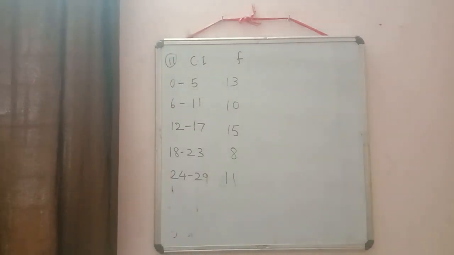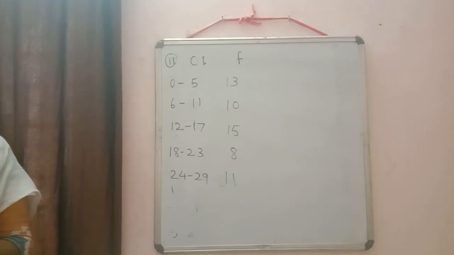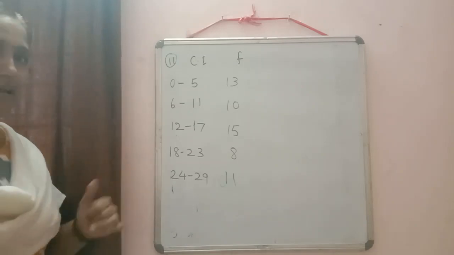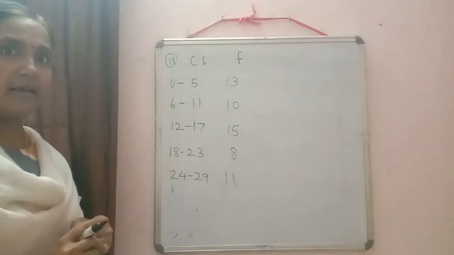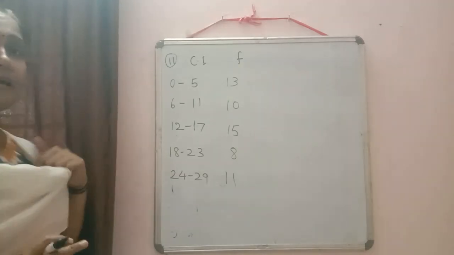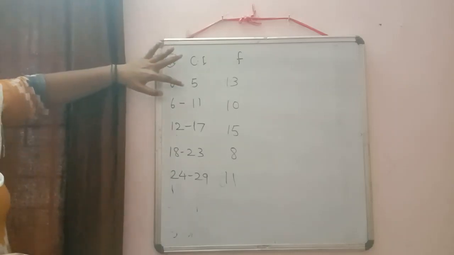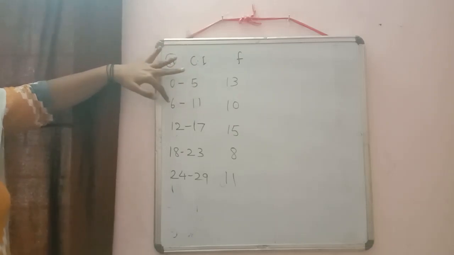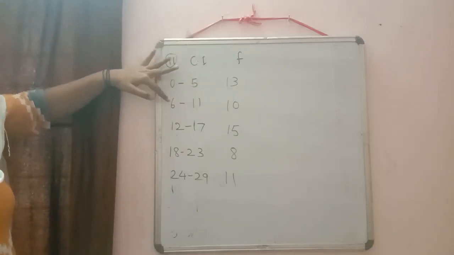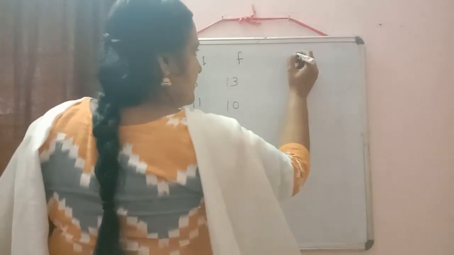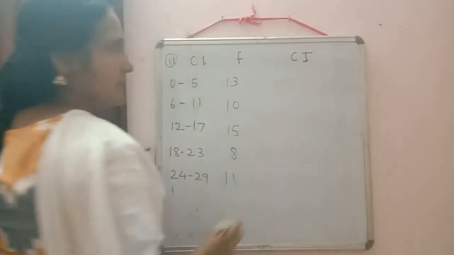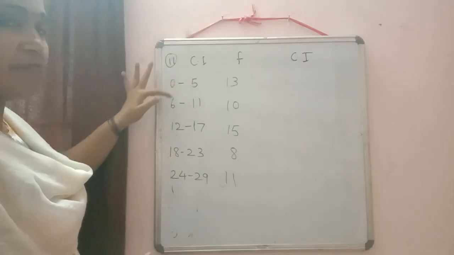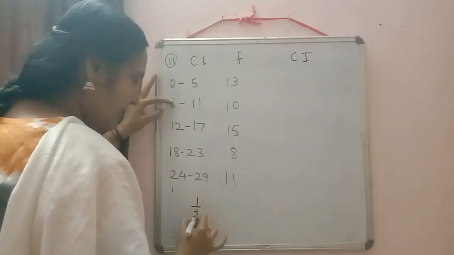So we have to find out first what will be the median class. For the median, first thing, we want the cumulative frequency distribution, and the class interval should be continuous. Here you just check the upper limit and lower limit of the second one, not same. So first what we have to do? We have to make the class interval continuous. So here we can write down the new class interval. How we are doing? Yes, the difference is 6 minus 5, 1. Then 1 divided by 2 is